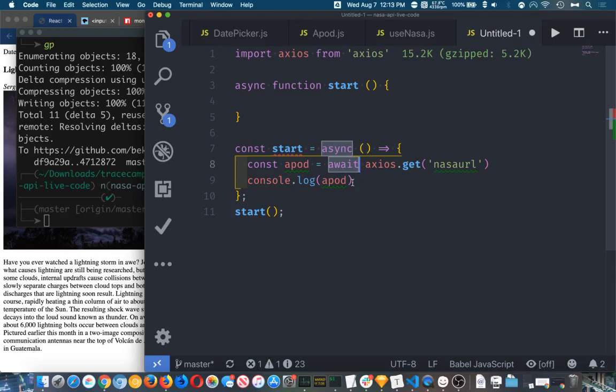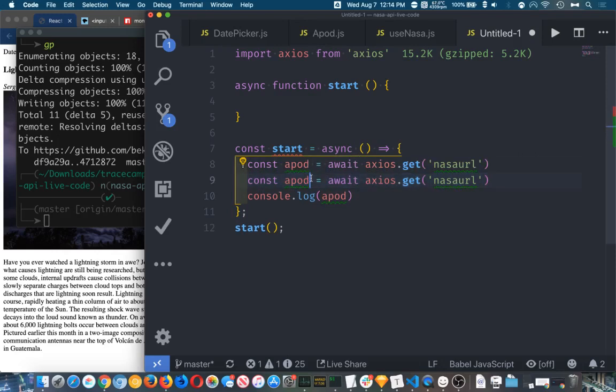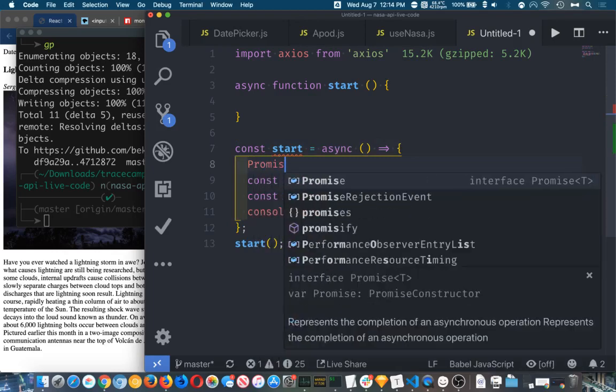All right. Yes? So when you are running asynchronous code, all of those requests are kicked off and are returning on their own time frame. And the promise is waiting for each one of them to return. Yes. So I'm going to show you, I think this might help answer your question, is let's say we had apod 2. All right? Now this is unfortunate. What we're saying is wait for apod 1, and then we're saying wait for apod 2. Well, that kind of sucks, right? Because why can't I just send them both off at the same time and get them both back at around the same time, right? In addition, you can do a promise.all,